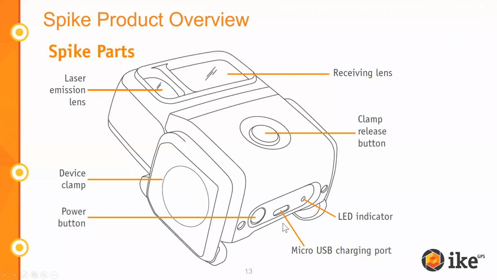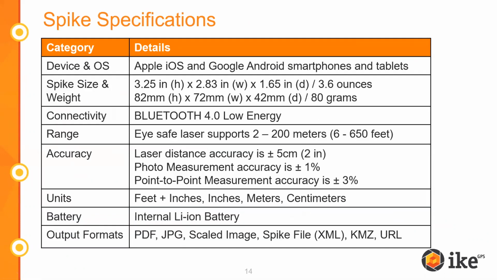When it comes to charging, it takes about 2 hours to do a full charge. Once it's charged, Spike will operate for 4 to 6 hours of continuous use. That is more than enough for most applications to last a couple days, because when we say continuous use, that's sort of like photo, photo, photo, photo, photo. I don't know a lot of people that have the stamina or the patience to do that, but Spike easily will capture hundreds of photos in a day. But we do recommend that you charge it after every field day use, especially if you're using it over and over again.